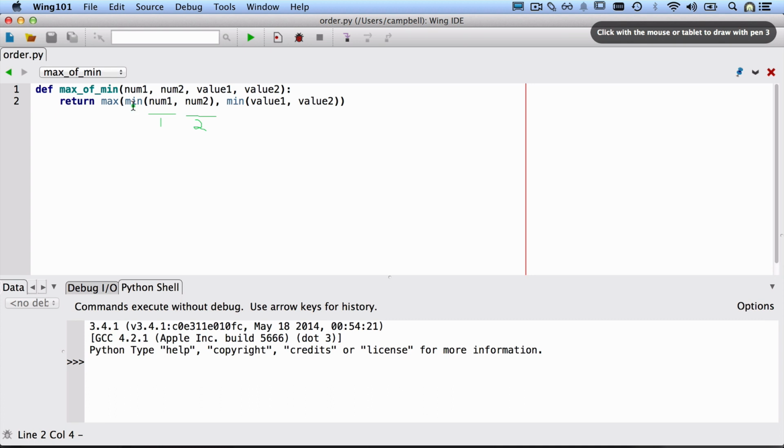In order to evaluate it, we need to evaluate its arguments, num1 and num2. So that's the first step. Once num1 and num2 have been evaluated, then min can be evaluated, so that's step 3. And at that point, the first argument to max has been evaluated, so we move on to evaluating the second